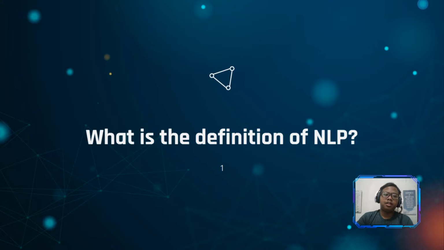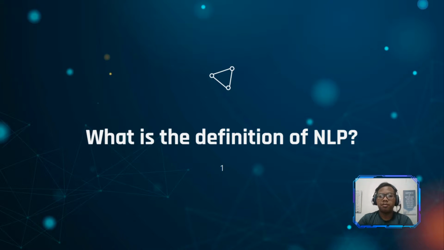The first question is, what is the definition of NLP? Natural language processing, also known as NLP, is a branch of artificial intelligence that focuses on how humans can communicate with machines by using human language itself. First, the human language is processed by the natural language processing program, so the machine can understand what the